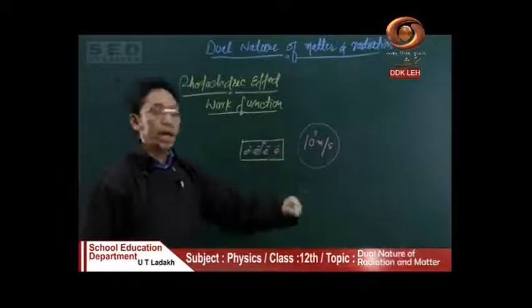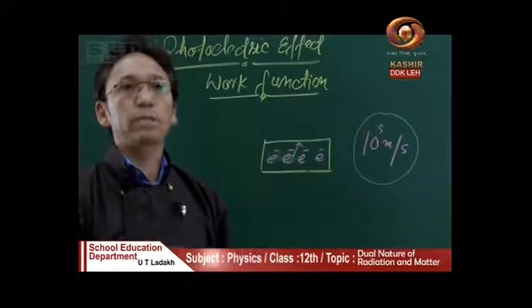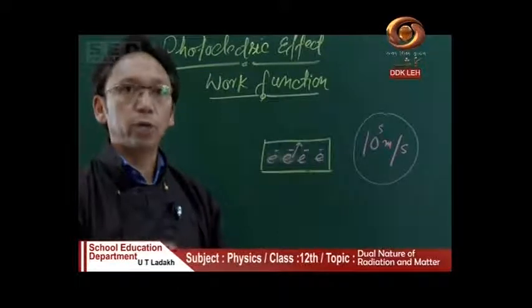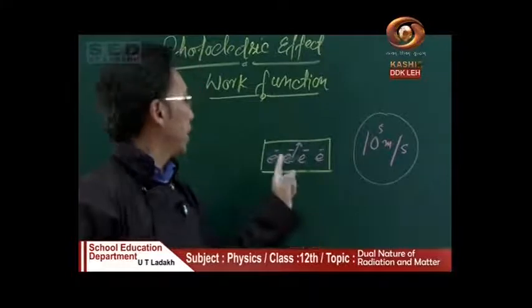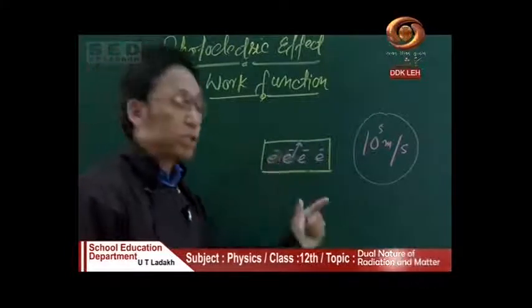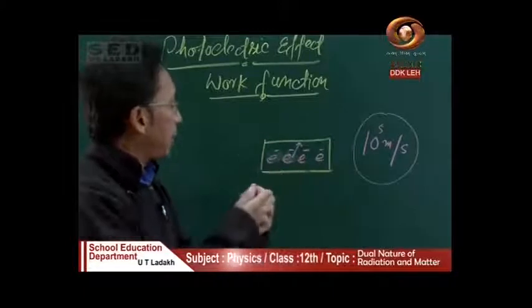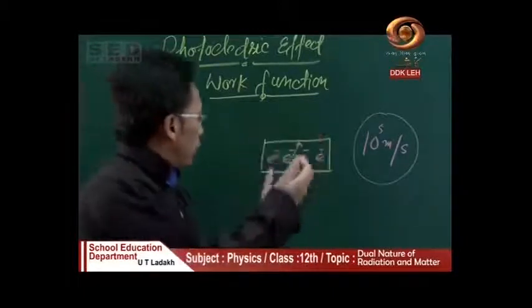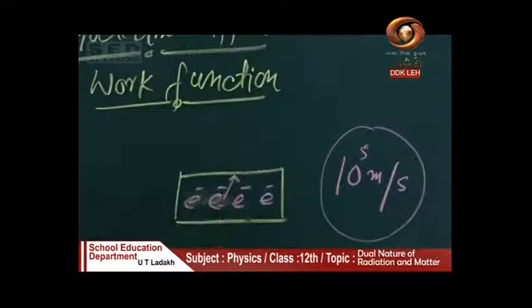Now that is due to the electrostatic force, which is the second strongest force in nature after the nuclear force. So if we are able to provide an energy equal to this binding energy, the electron which is bound with some energy inside this metal surface, if we are able to provide some external energy,